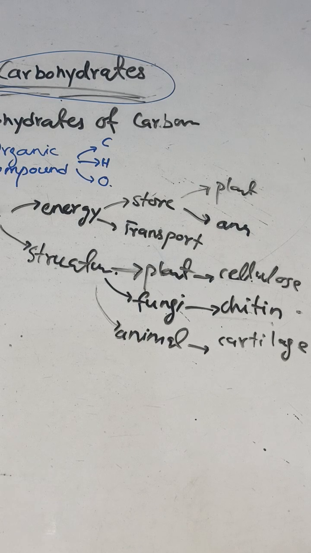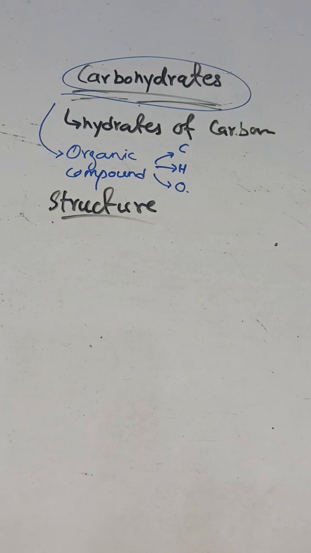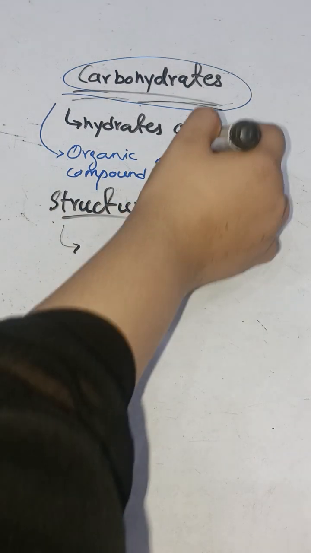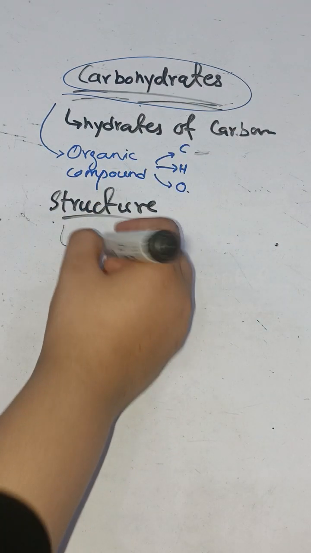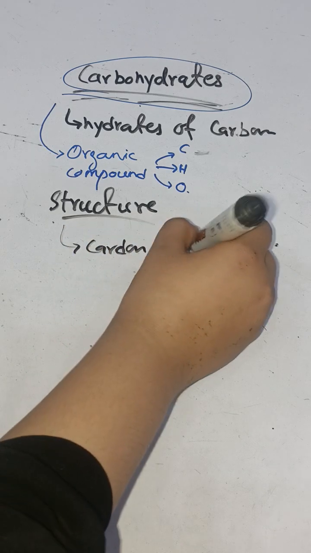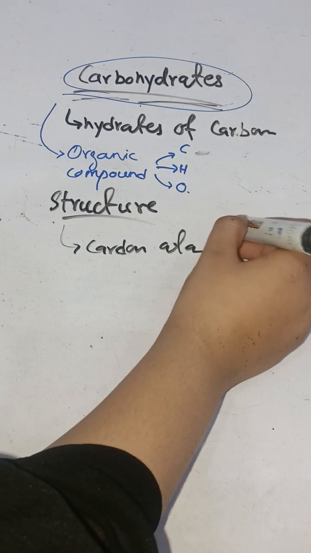So we have studied its role. Now we study what the structure of carbohydrate is. Okay, so now we are going to study the structure of carbohydrates. The structure of carbohydrate consists of carbon atoms, because it contains carbon. So it contains carbon atoms in it. And carbon atoms can arrange in the form of a chain